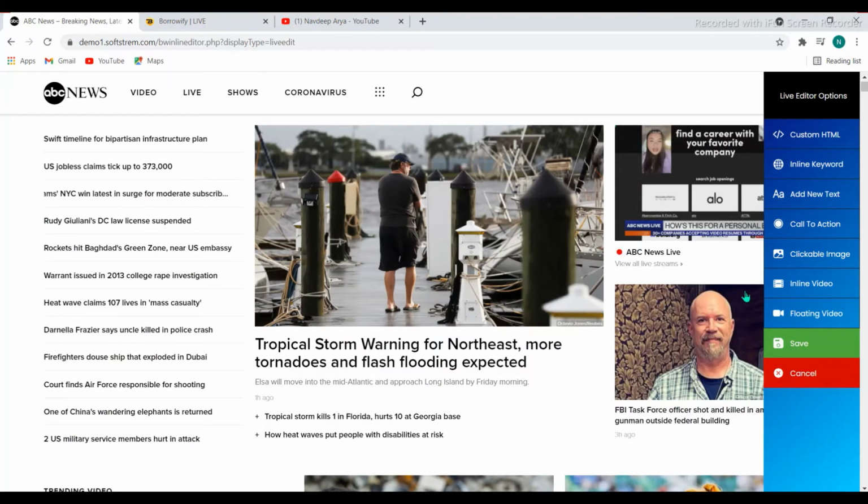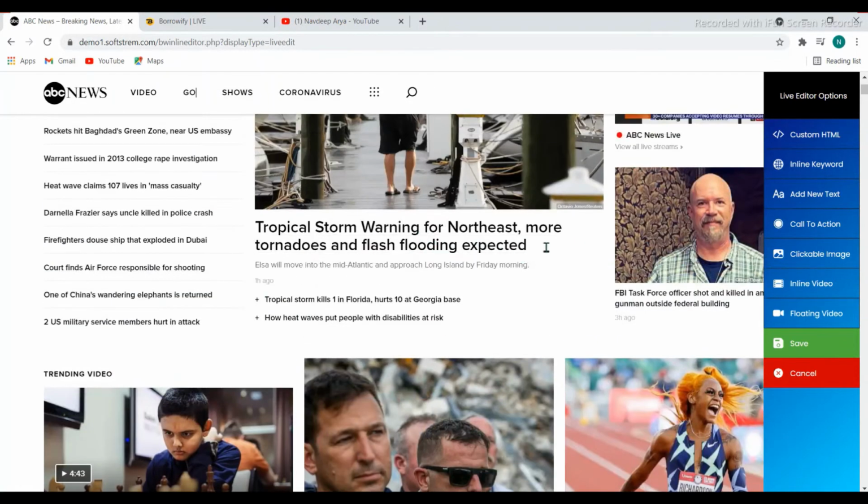Now as you can see, because it didn't have space, it's got subscribe, and let's say I want to make it live to, let's say, go. As you can see, I'm able to edit this page easily. Let's say I want to make it Navdeep Arya. I can also add text here, I can add call to action,